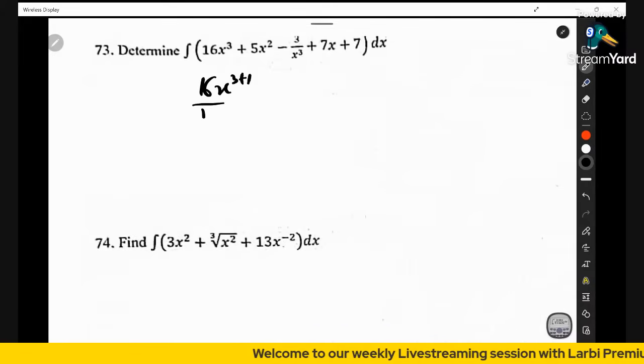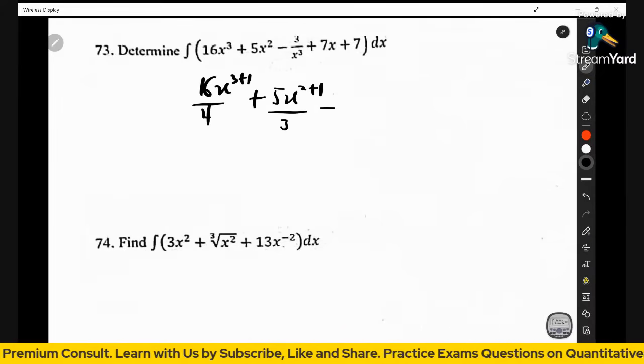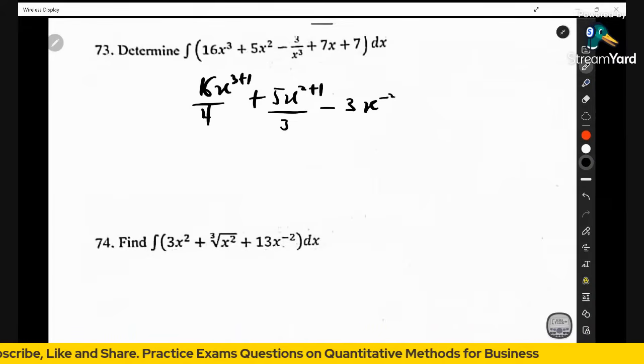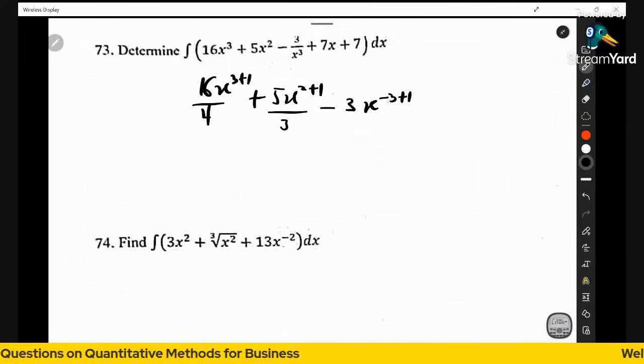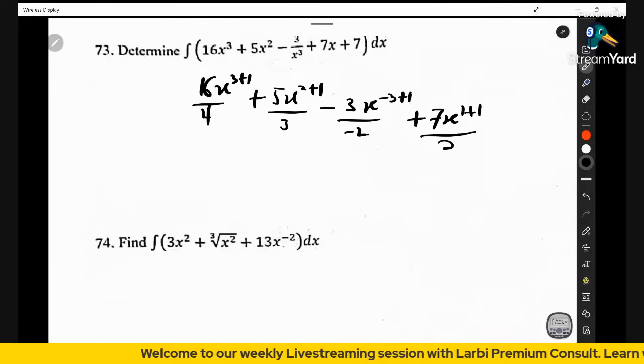4 divided by 4, plus 5s squared plus 1. I'm getting 3 divided by 3 minus. Remember, this 3 over s cubed can also be written as 3x to the power negative 3, right? So I'll just have to add 1 to this. Negative 3 plus 1, I'm getting negative 2. So I'll divide by negative 2. Plus here to have 7x to the power of 1 plus 1, I'm getting 2. Then the integral of 7, I'm getting